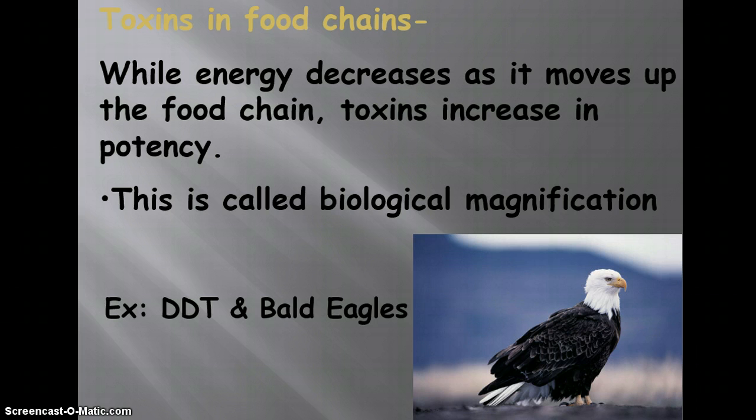And one of the examples was the DDT and the bald eagles. And it wasn't just eagles, it was falcons, it was eagles, it was hawks. The DDT was building up in them. We used DDT, I think it killed plants, to kill off a lot of plants. It is illegal in the United States to use DDT. It built up in these birds. The birds' eggs would be very, very thin, so when they tried to sit on the eggs or incubate the eggs, they would crush them, and so there weren't any baby bald eagles or peregrine falcons being born. Now their numbers are increasing again since we have eliminated the use of DDT in our environment.